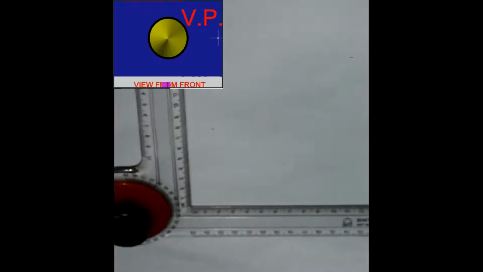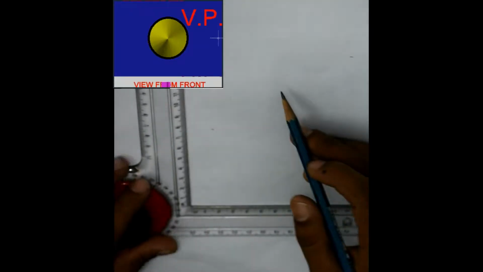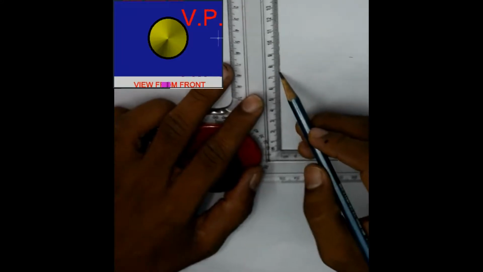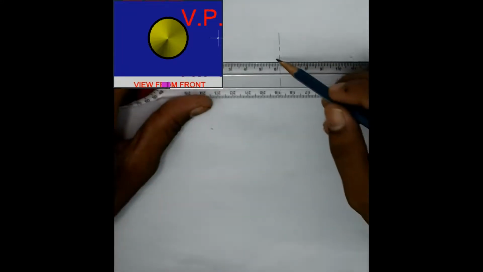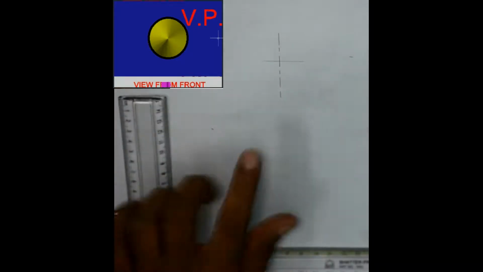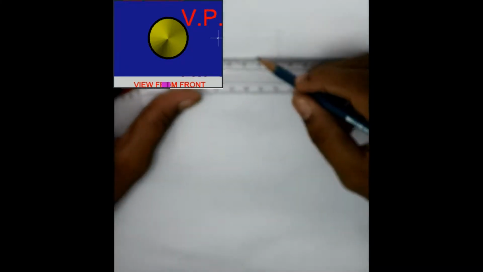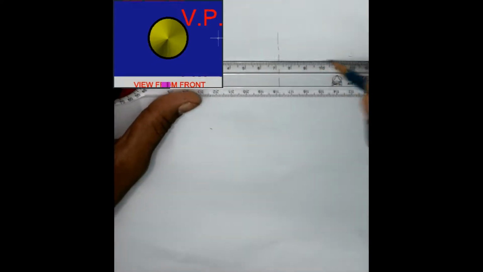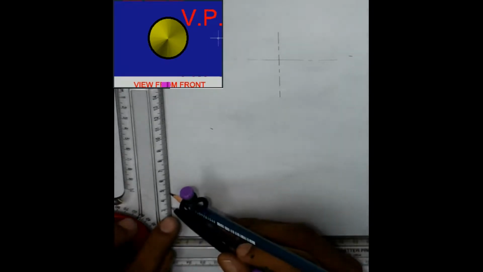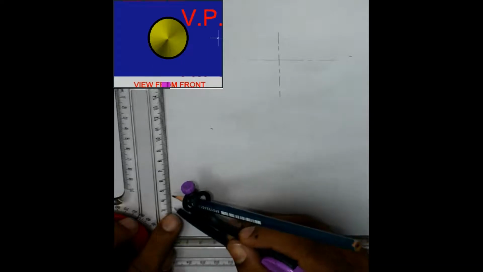So I will draw the front view first. Before that, I will draw the axis line. So again the circle diameter is 30, so we are taking the radius as 15 mm.